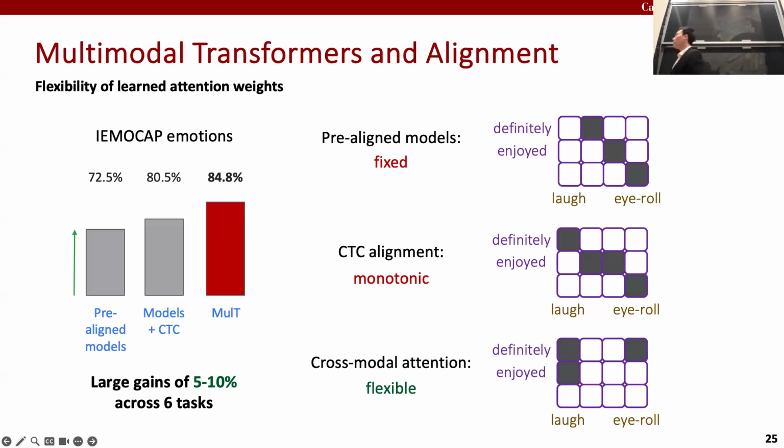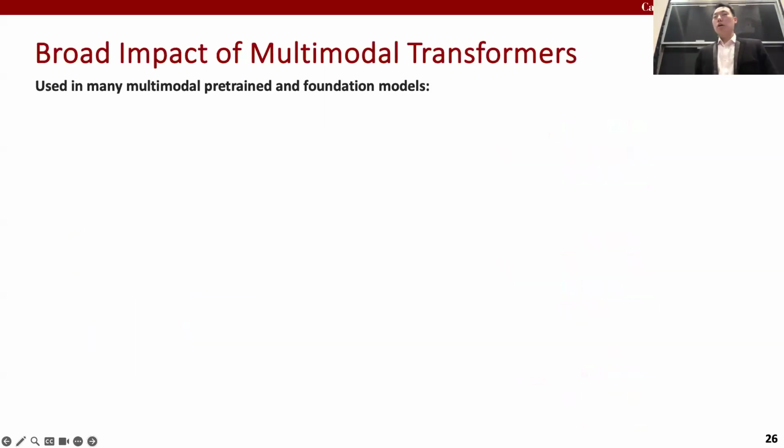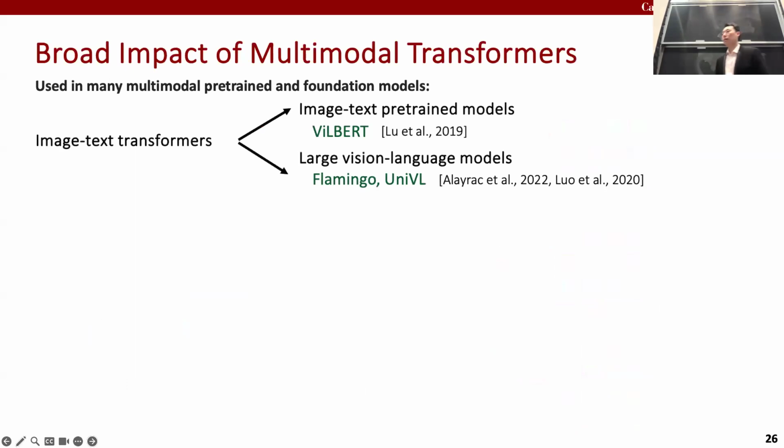So we started doing a lot of these for video tasks, like understanding emotions and sarcasm in videos, and they gave large gains of 5 to 10% over multiple tasks. But nowadays, they've also been broadly applied to settings of taking image and text, treating large images as a sequence of patches, treating text as a sequence of words, and using multimodal transformers to learn pairwise interactions between different image regions and different words in your sentence. And you can start pre-training these across multiple tasks like question answering, summarization, or you can attach a language model at the end and use that as a backbone for these vision language models.